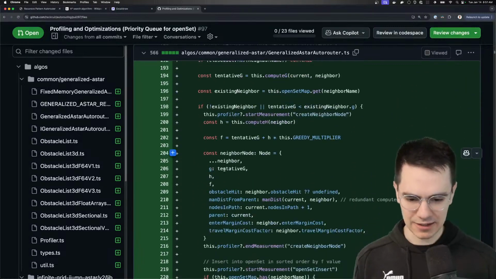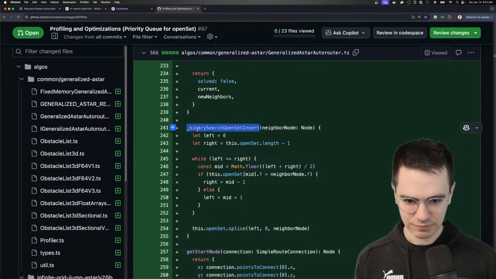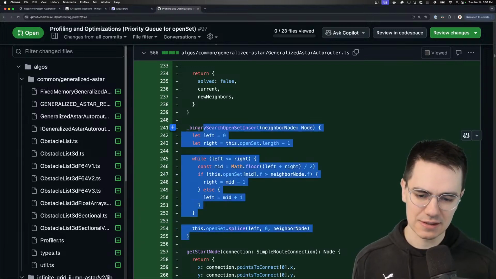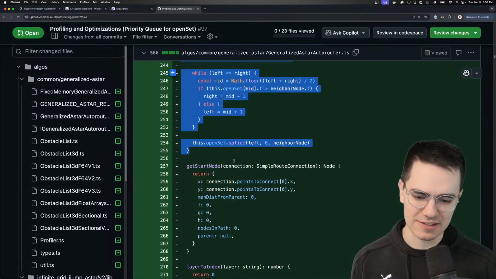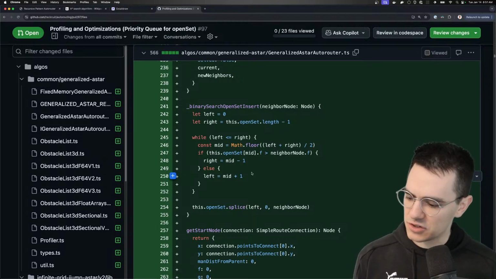I bet I made a custom data structure that I can probably import. Oh, I didn't. Binary search openset insert. So it does a binary search to where the openset inserts. And this was the fastest method. I think I tried a couple. Yeah, so